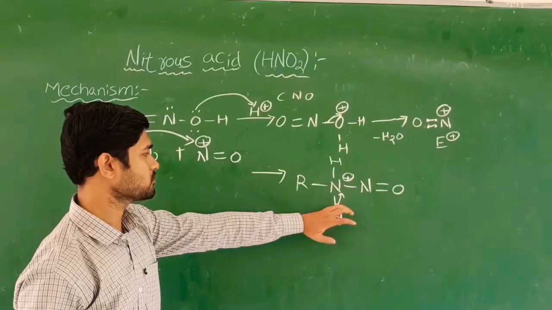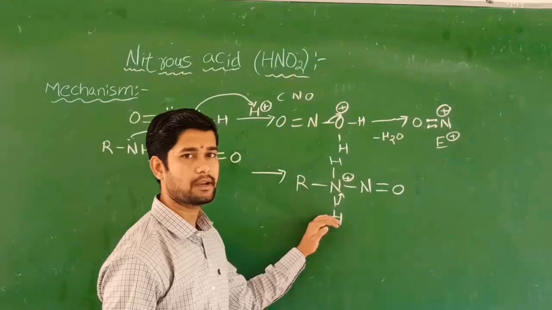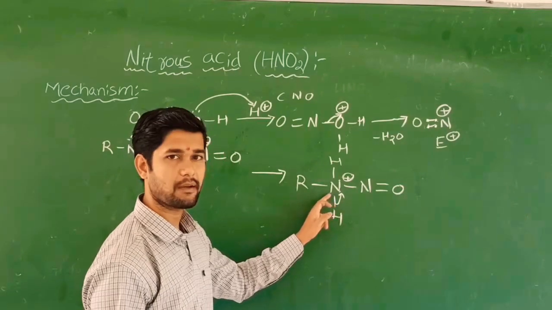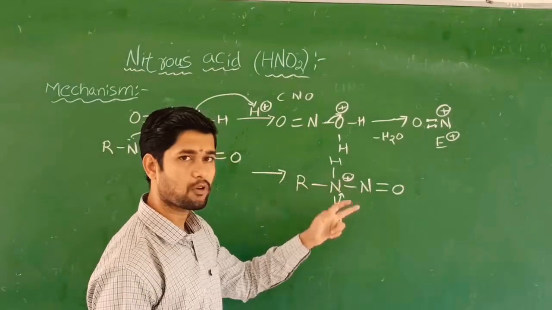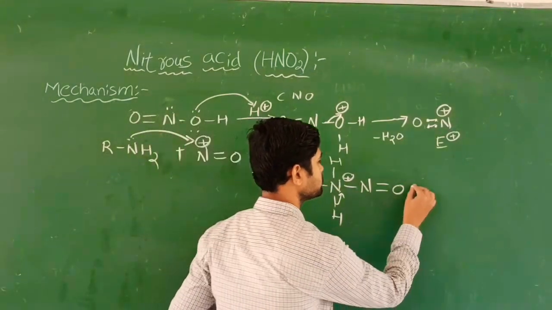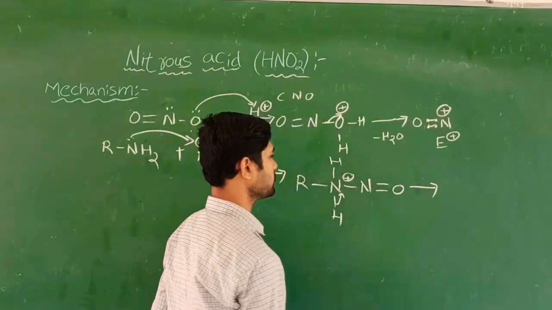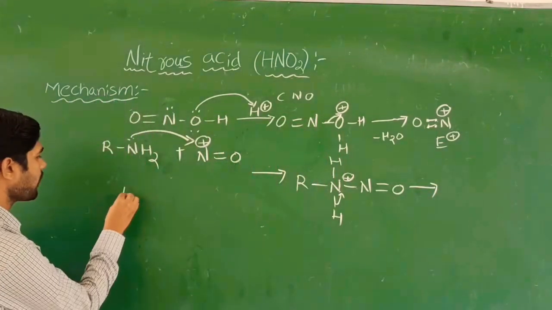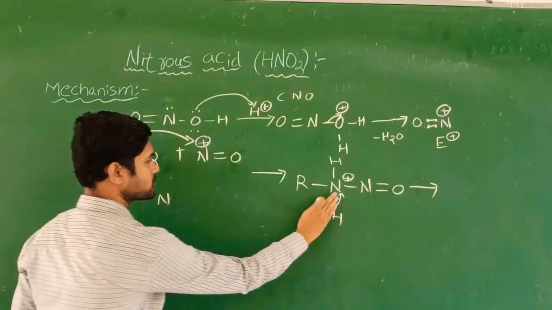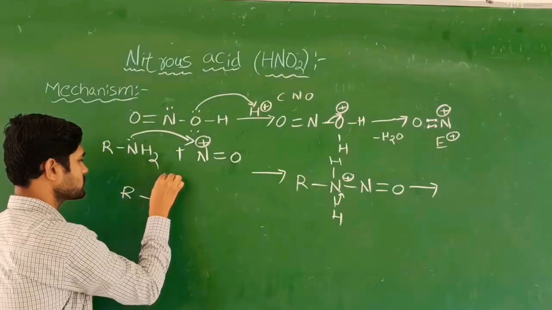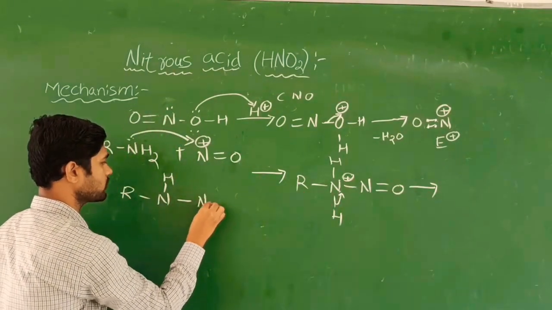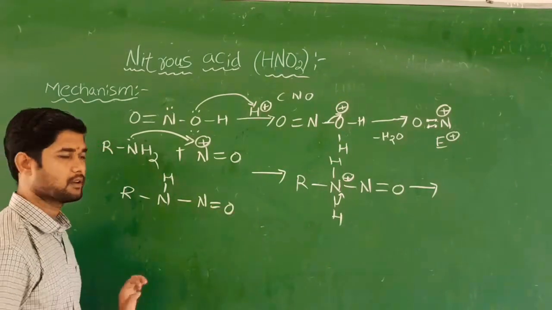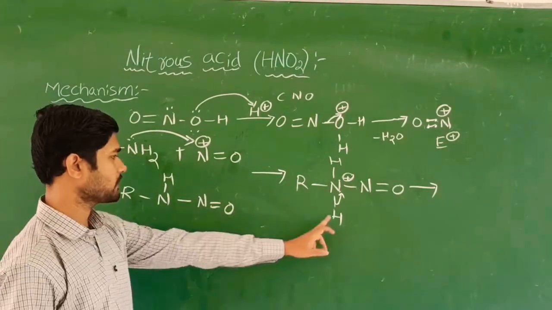So now, when we use this one, hydrogen is going to be eliminated as H plus, because nitrogen is more electronegative, which attracts the bond pair of electrons. Now it becomes H plus, which is going to be removed. Next step, I am going to write R, and this hydrogen is removed. Now NH, and the remaining I am going to write like this, because hydrogen has been eliminated.